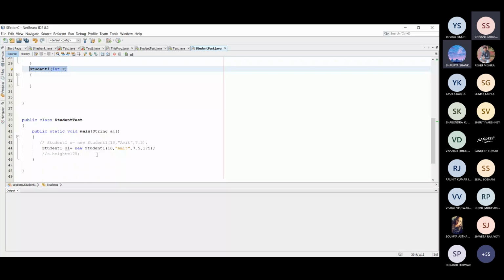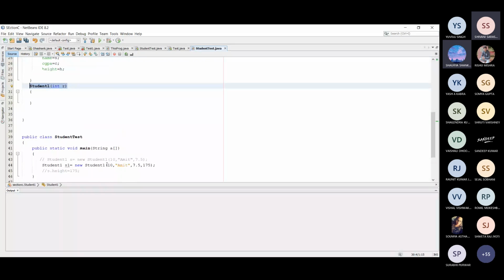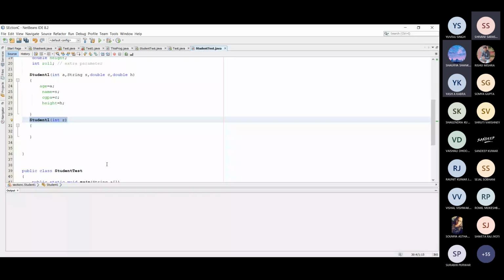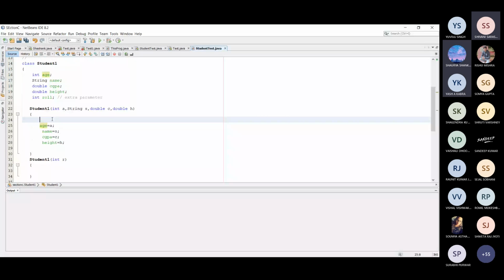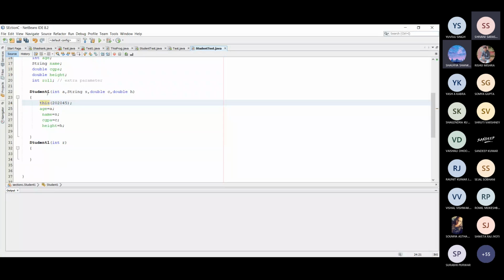So what we can do here, we can call the current separate constructor with the help of this keyword. Means if I write this and the roll number is suppose 202045.